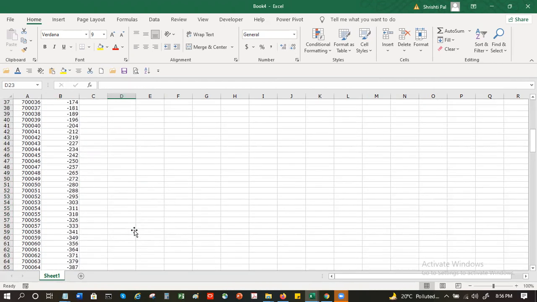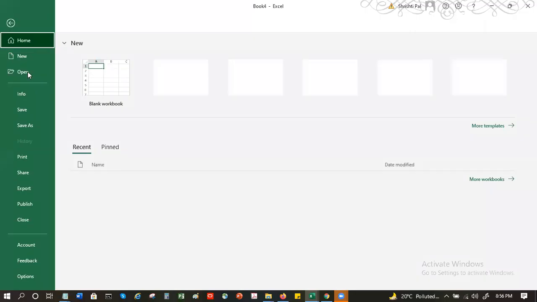Are you okay with this? Although it shouldn't be negative, but that's okay. That's not a problem. So what I'm going to do, I'm going to save it as a CSV file. Remember we had talked about CSV, comma separated value. So that's the type of file it requires. Okay.